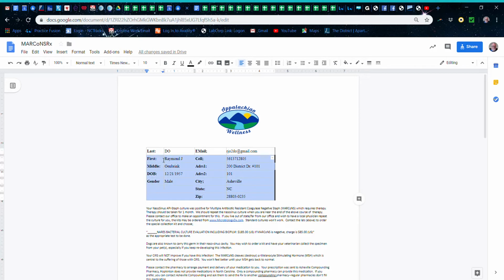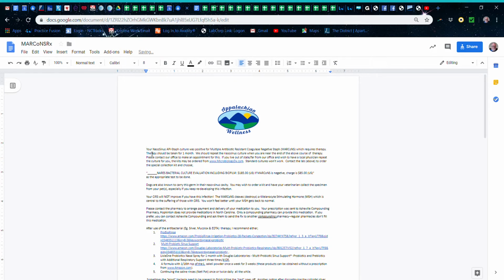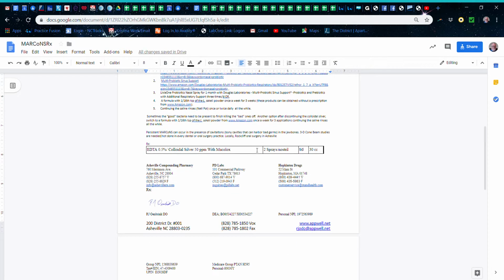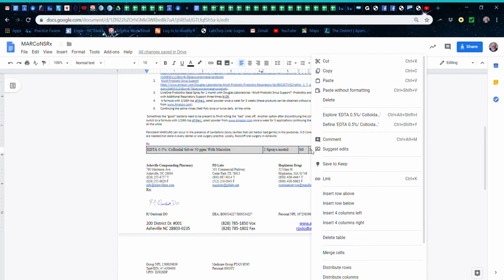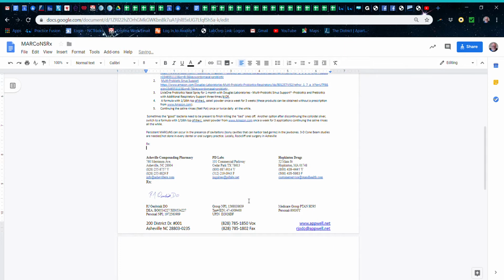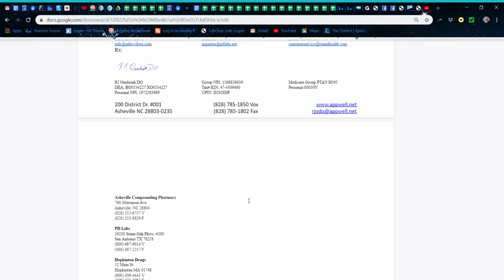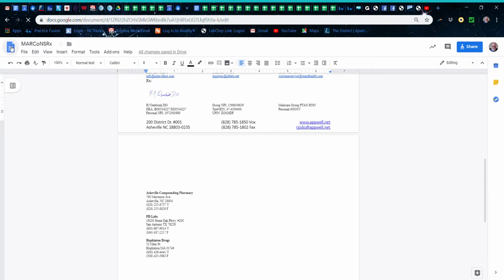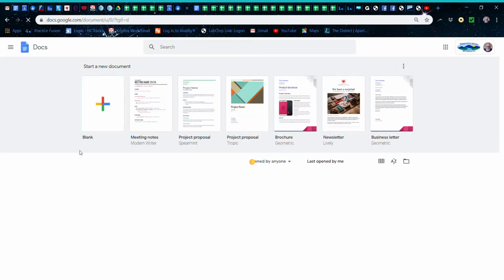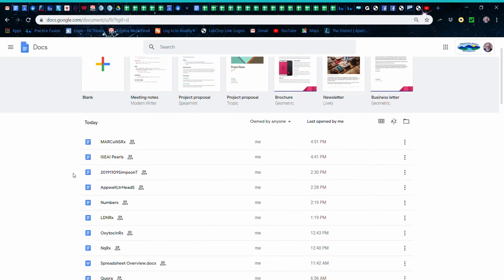It just takes a few moments, and it's a pretty quick, efficient way of getting your prescriptions done for your patient. So that's just one of the things that I've utilized over the years that I've been doing this to just make it easier. Let's see, we'll delete table, and there we have it. We're good to go. But I've got these little things put together for my Marcon's prescriptions,